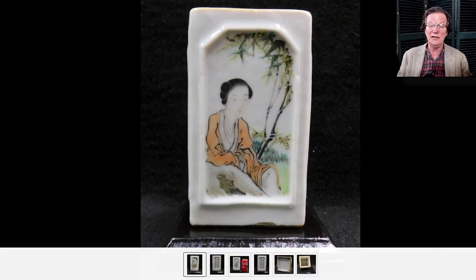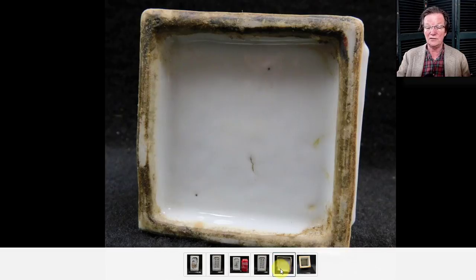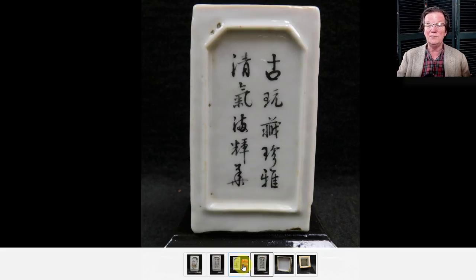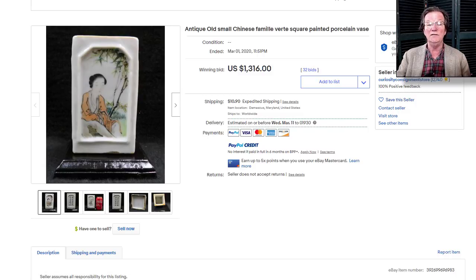All right, and this was something we came across. Nice little Quandron brush pot. And these don't look like much. They're very simple. They were made in the latter part of the 19th century. Here's a picture of the bottom of it. It's got some script on it. There's a little mountainside. And these are very simple. But there's a big market for these examples. We've seen before other Quandron pieces. They bring a lot. And this one did very well. It brought